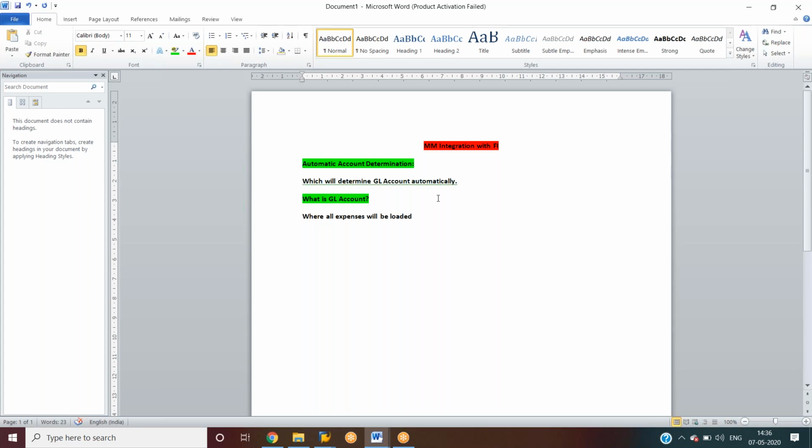So how will the GL accounts be determined automatically? There will be a hierarchy, and based on that hierarchy, the GL account will be picked automatically. We'll see what that hierarchy is.